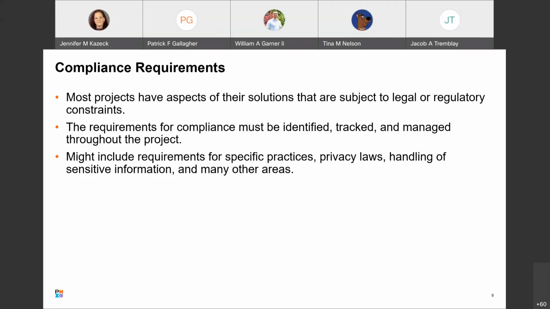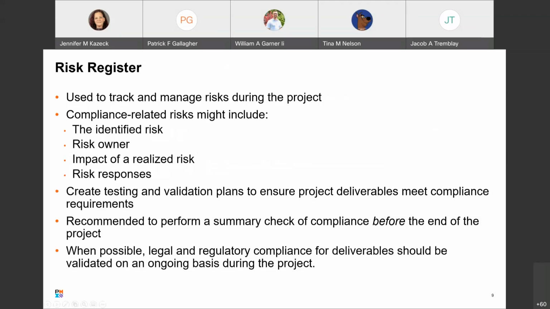So those are the types of things that we're talking about. Besides the government, we've got certain spectrum restrictions and licensing and those types of things that we need to be tracking to as well. So thanks for those examples. I appreciate that. FedRAMP. Yeah, all right. Good stuff. Let's talk about risk registers. It's taking those types of things, and what do we do with them? How can we track them?